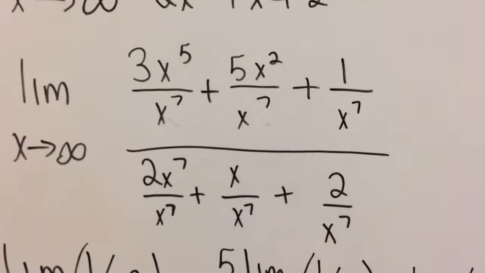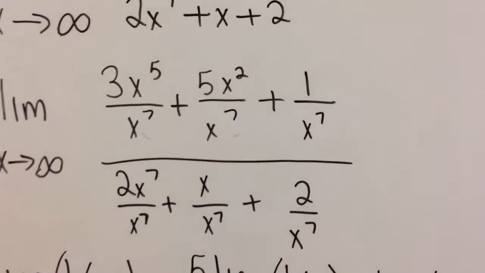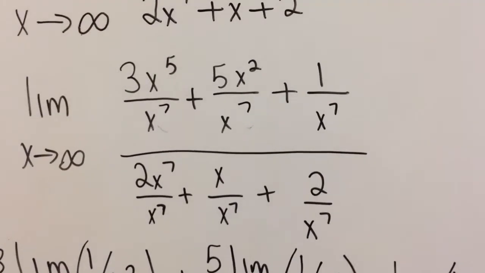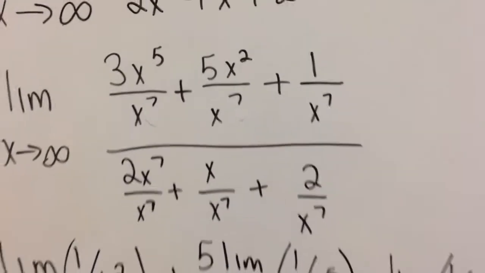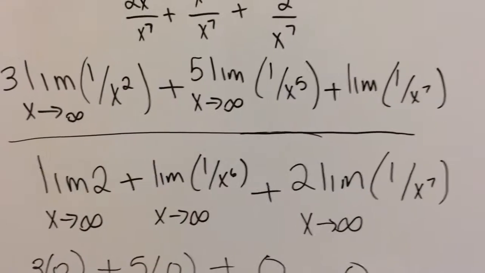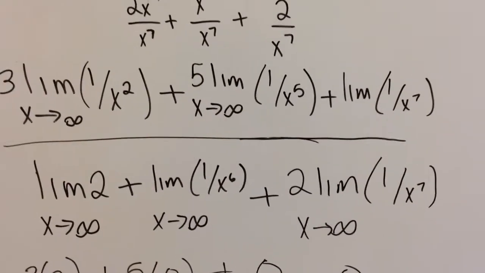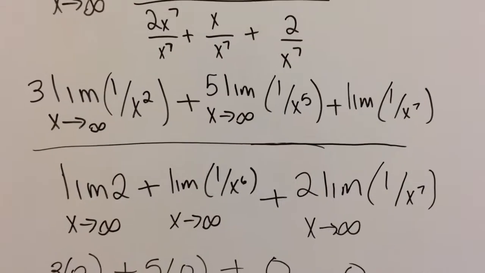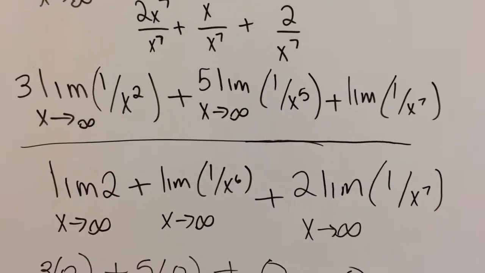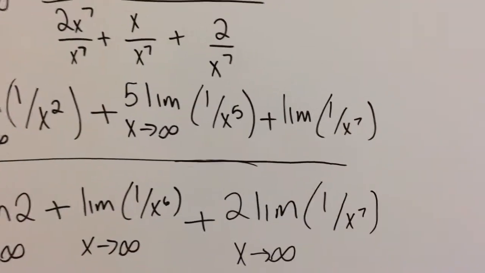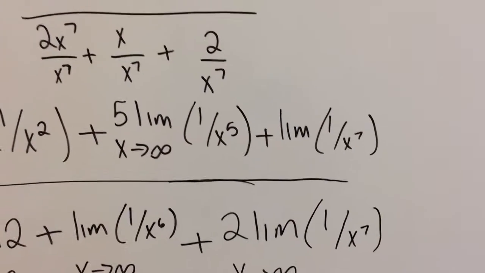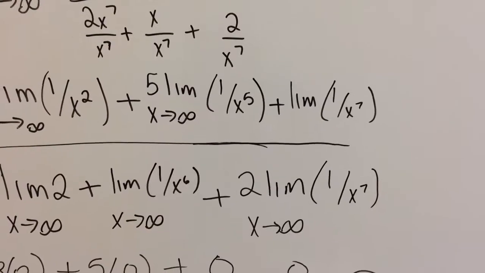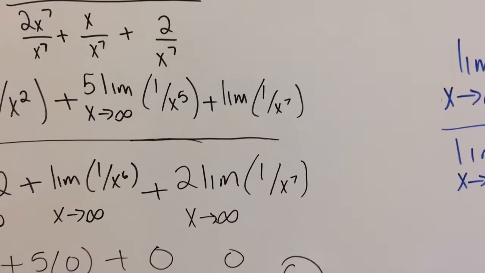We are going to divide each term again in the numerator and the denominator by the highest exponent in the denominator. In this case, it is x to the 7th. So again, we use our constant multiple rule and break up our limits and simplify as well. We get 3 times the limit of 1 over x to the 5th as x approaches infinity plus 5 times the limit of 1 over x squared as x approaches infinity plus the limit of 1 over x